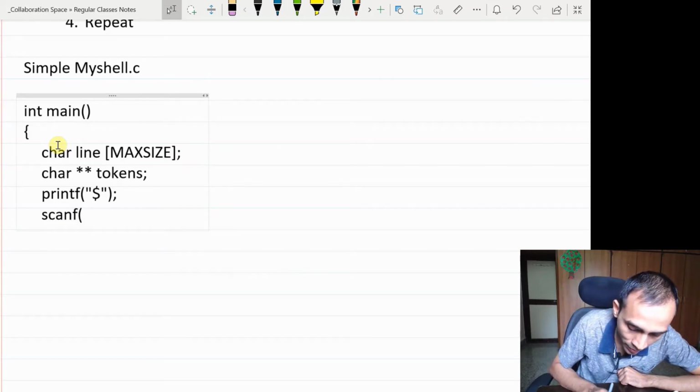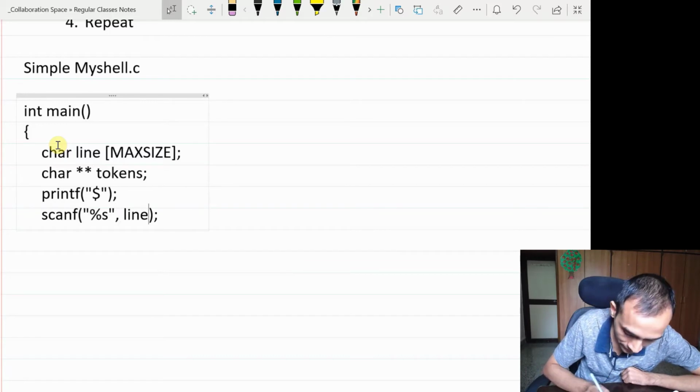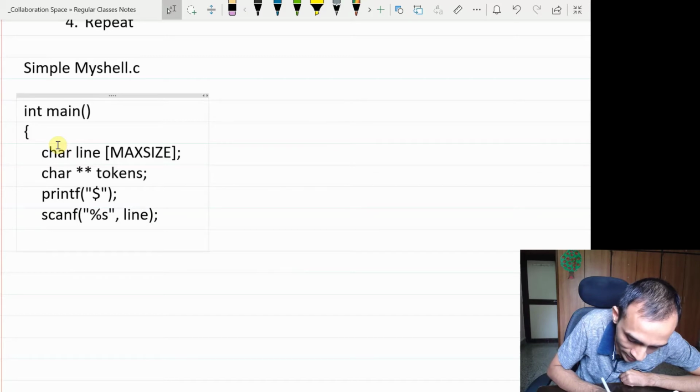So when the user sees the prompt, he is going to input some command. So I'm going to read that. I can do a scanf on that. I'll read the entire line of command till \n in a line. And once I have read the command, I can parse it, or before parsing it, I can just directly